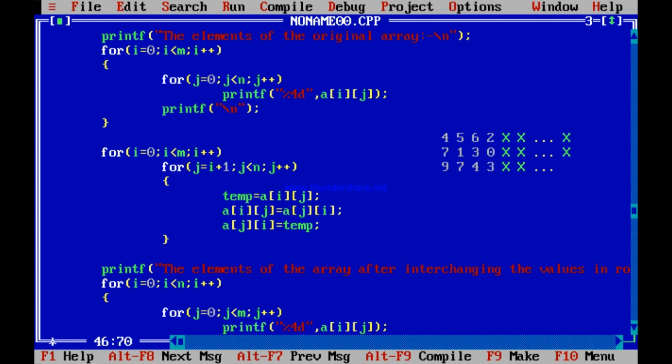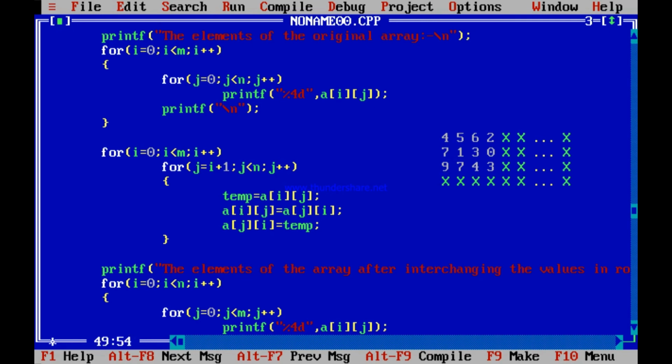So this is your array, and don't forget that this continues, x, x, x, x, and so on, dot, dot, dot, x. In this way, there are more rows, up to 100 rows. Now see what you are doing. When you are copying A00, you have started with I equal to 0. J you have started from I plus 1. So you have started from 0, 1. 0, 1 you are exchanging with 1, 0.